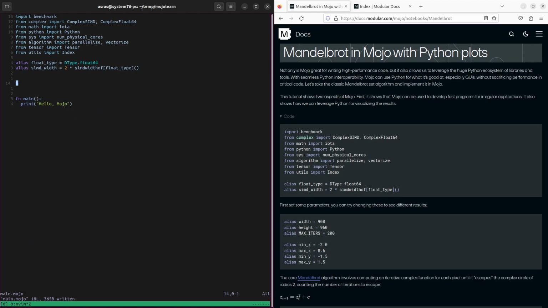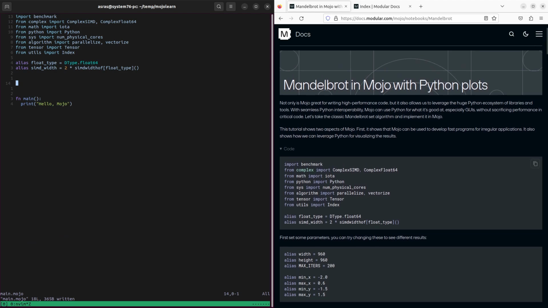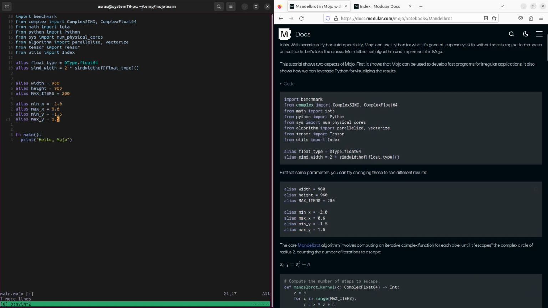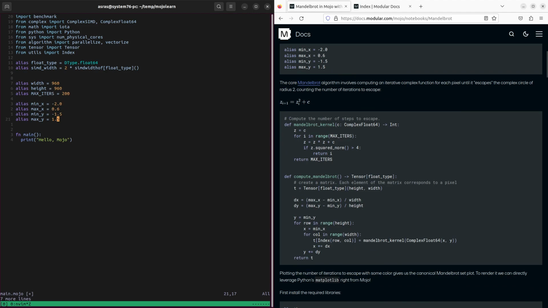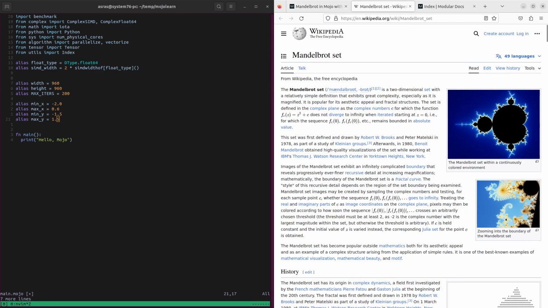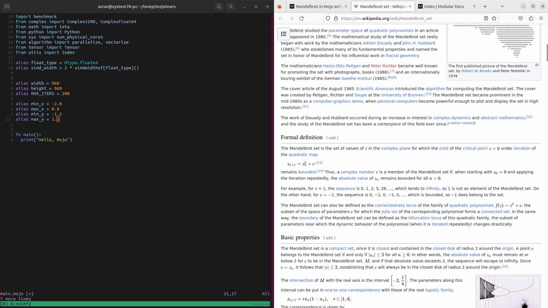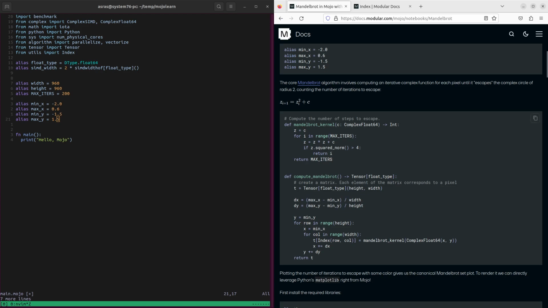All right, anyway, so then there's some parameters that have to do with the Mandelbrot set. Those are not so interesting. Let's just copy paste those. And then what this example is calculating is this Mandelbrot set thing. So we'll make a picture like this, I think. And the way you do that is you kind of iterate this function many times, and you see whether the result